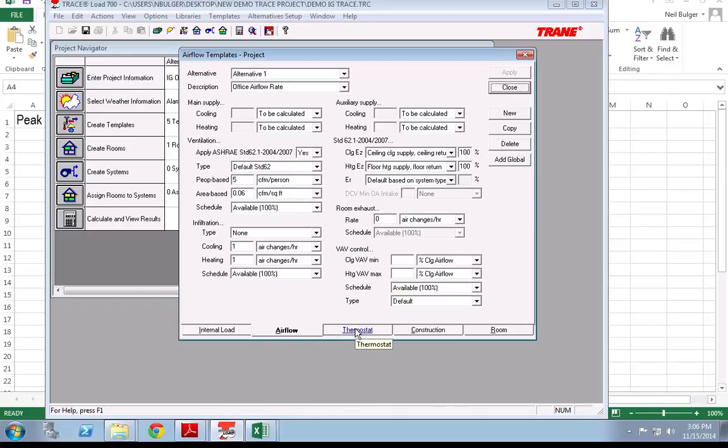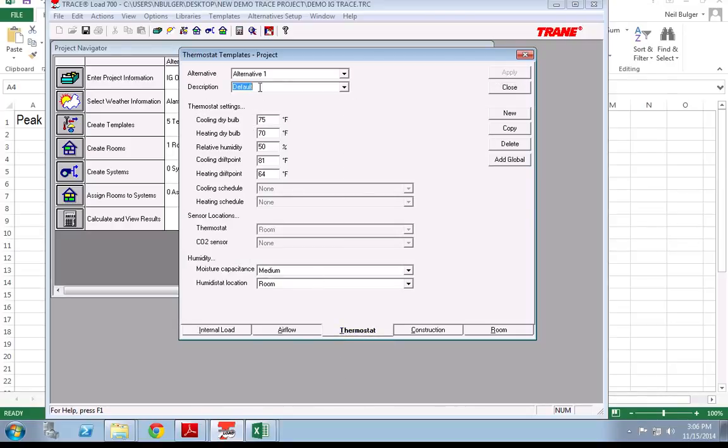And keep going. So thermostats, there we go. Yes, we're going to rename this Office T Stat. Generally, okay, so we have our heating set point, cooling set point, our heating set point, relative humidity. The cooling drift point, you could almost think of that as a nighttime setback, or